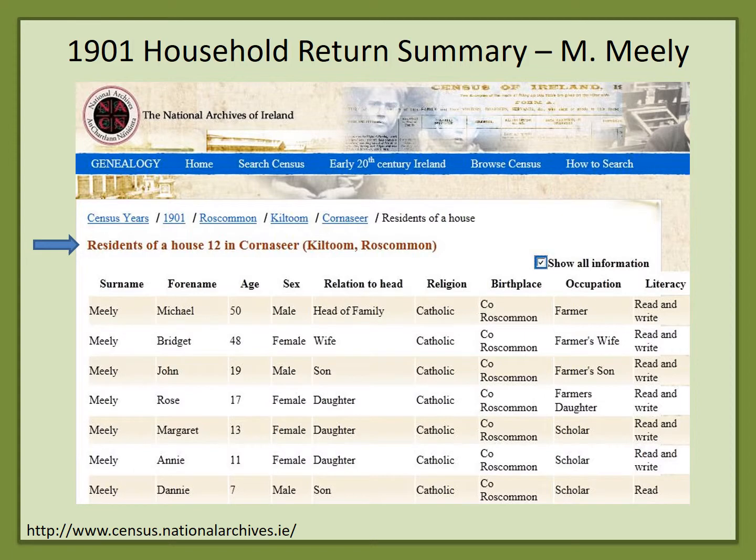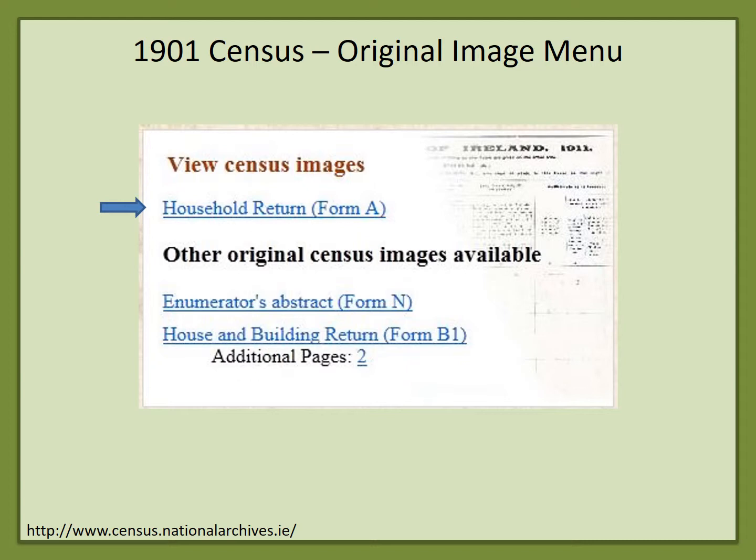Here we find Michael, his wife Bridget, and 5 children living in House 12 in Cornasir in 1901. This summary page transcribes all the information found on the original household return page for this family. At the bottom of this page are links that take us to the images of the various original records. There are 3 types of original images available: the household return, Form A, which we just saw transcribed, the Enumerator's abstract, Form N, and the house and building return, Form B1. Selecting the household return,